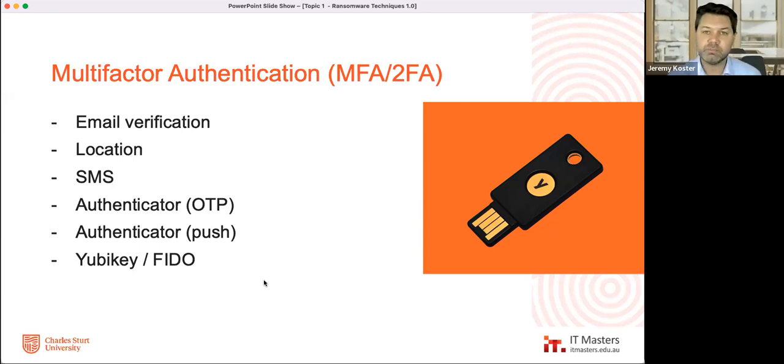I'm more talking about authentication from on-premise, so you have to be physically there or VPN'd in to be able to access something. That's basically putting something behind the perimeter. Putting it behind the VPN is kind of like doing location MFA, only allowing it from certain IP addresses. SMS MFA has got some problems. It's okay, but we've got a problem with SIM swapping and other telco redirecting of SMS.